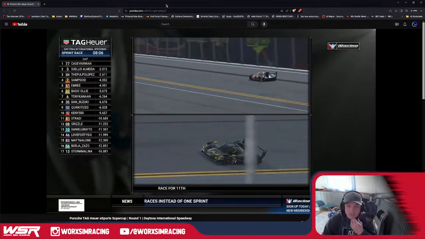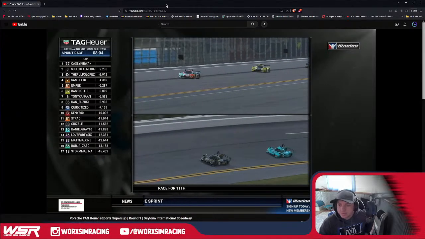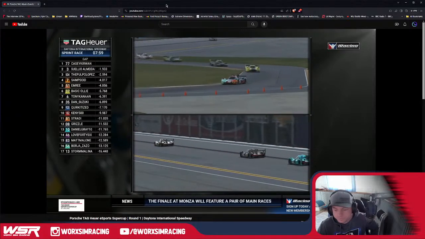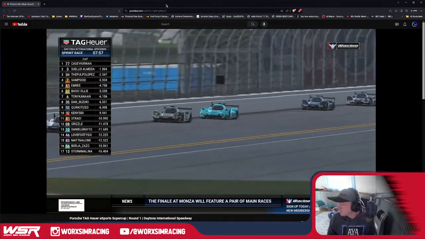But basic Ollie up to sixth. Why aren't we showing Ollie? Because right now it's Casey Kerwin leading by 2 seconds over Swelly Almeida, with Pulpo Lopez in third, Samsoid